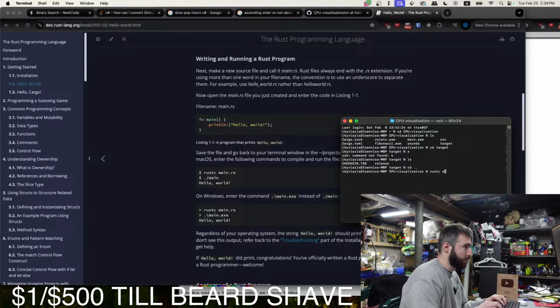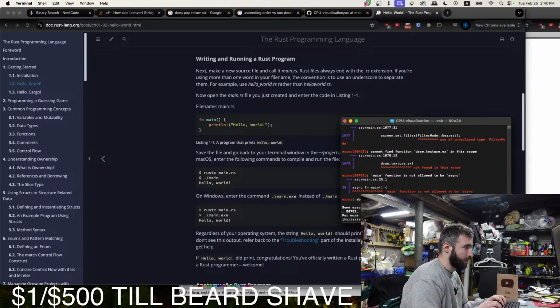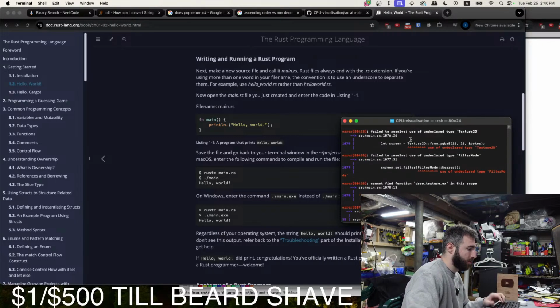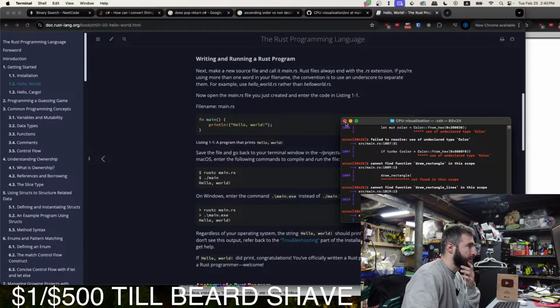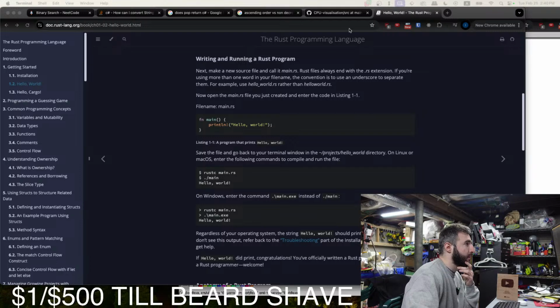Rust C source main, and then if I pass in the Fibonacci, Rust C source main, whatever. I guess I forget how to run it. Damn. Oh well.